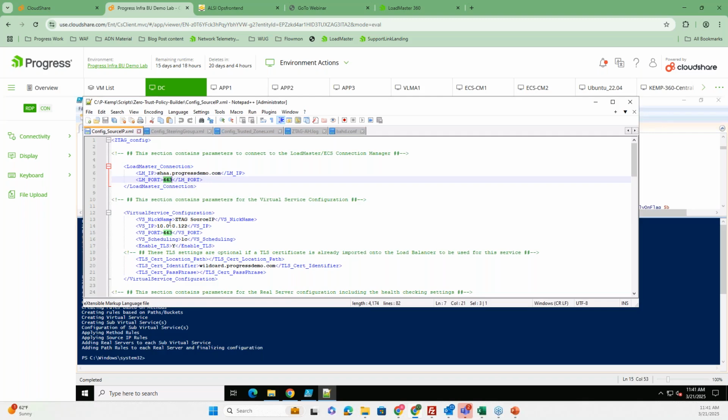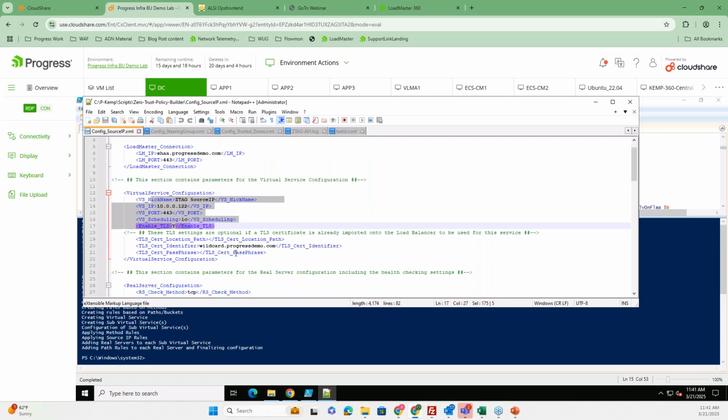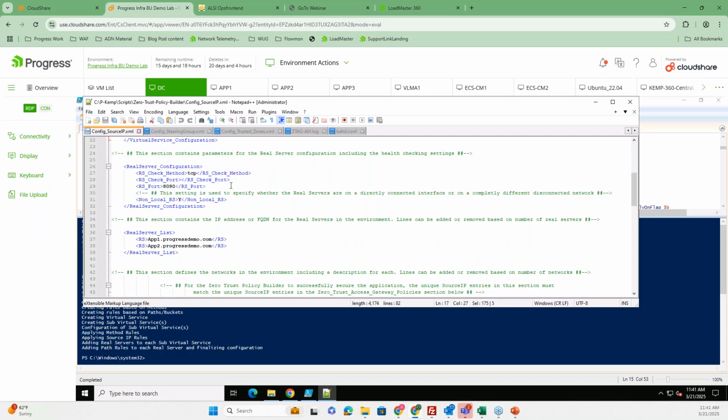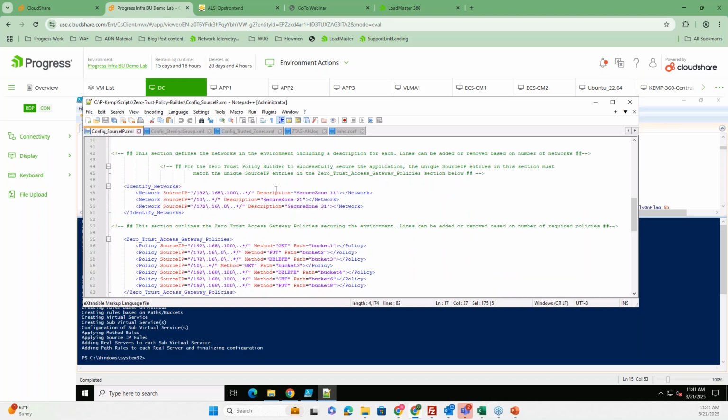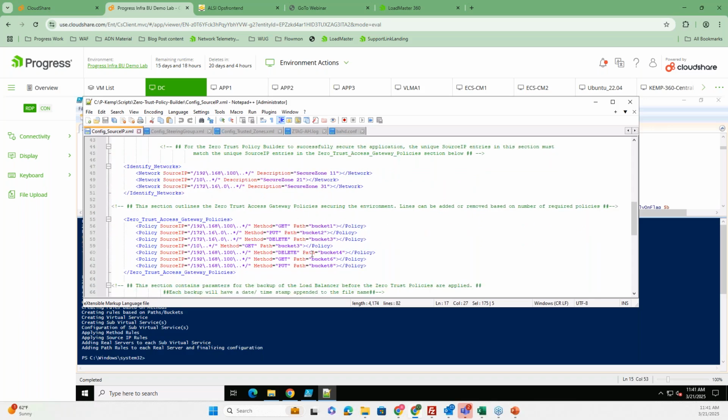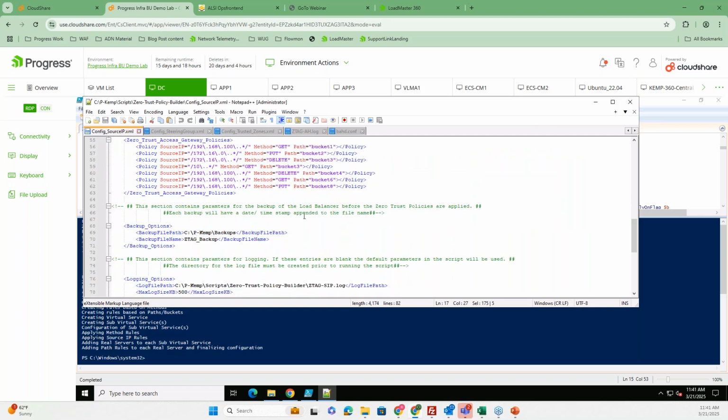What do I want to create? Here it's creating a certain VIP for me with my wildcard certificate assigned and so on. It adds the real servers behind, and it also creates those rules for you: the network rules, the methods and so on. It has it all in here.